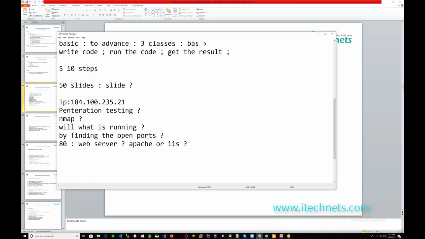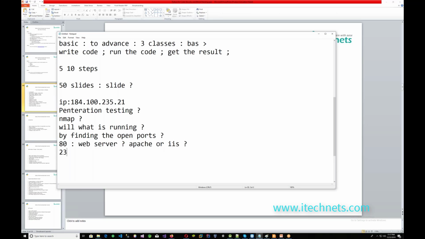So this is a difference. Yes, like the running ports information. You're right. When you run Nmap on an IP, the open ports will inform you what service is running behind the scenes, right?